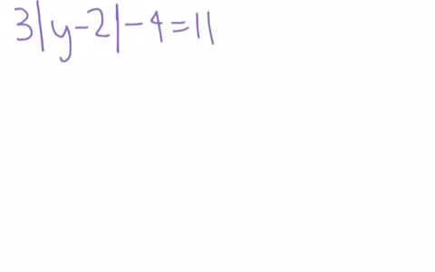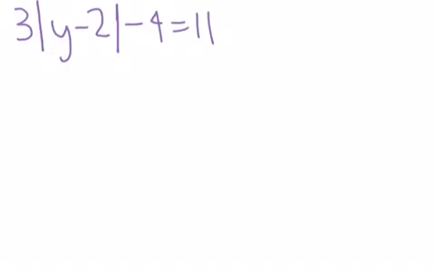Wants to work for me. Here we go. The absolute value of y minus 2, close absolute value bars, minus 4 equals 11. Okay, so if we look at this, we've got 3 multiplied by the absolute value of y minus 2, minus 4 equals 11. As we did in the other problem that we just did, we have to isolate the